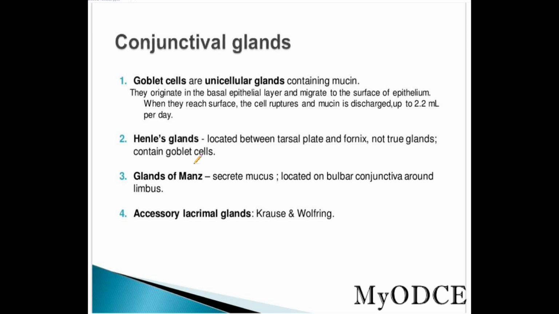Henle's glands, located between the tarsal plate and the fornix, while not true glands, do contain goblet cells. Then there are the glands of Manz, secreting mucus and located on the bulbar conjunctiva around the limbus, and the accessory lacrimal glands of Krause and Wolfring. So, one thing that's interesting, if you look at the normal